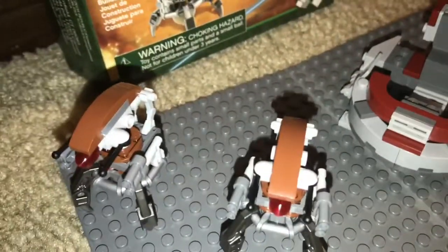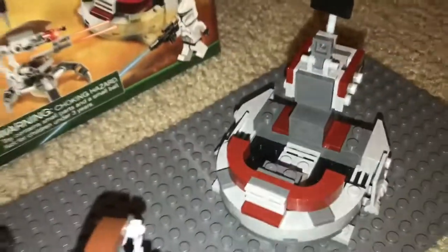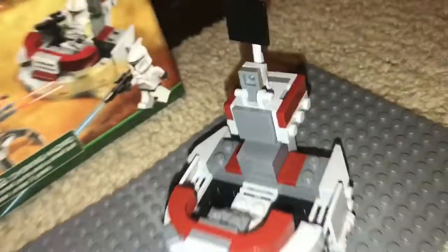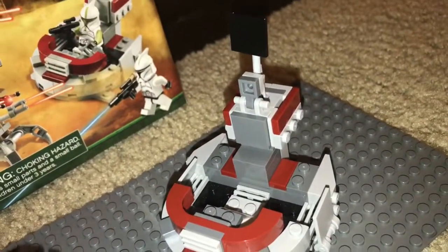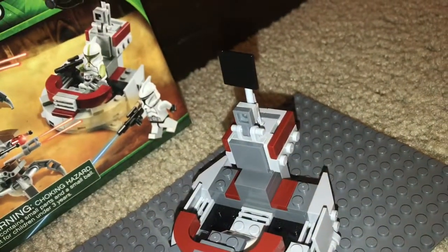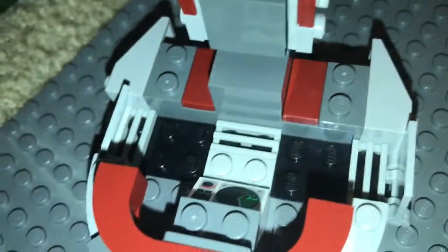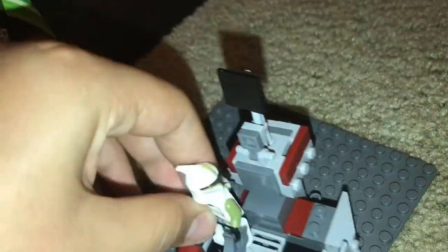These droids are technically part of the set, but the main build is this command center right here. This is the Clone Command Center, or Command Post, whatever you want to call it. And it's actually a pretty nice build, pretty decent. And yeah, apparently you can fit 3 clone troopers in here. I think, I haven't tried it out yet, but I can put my sergeant right